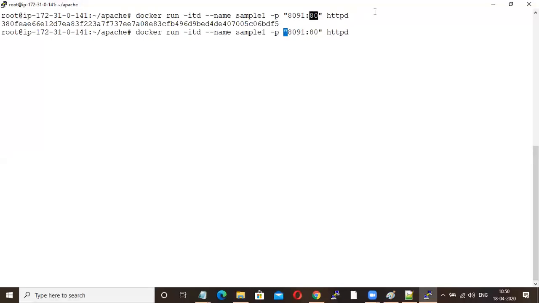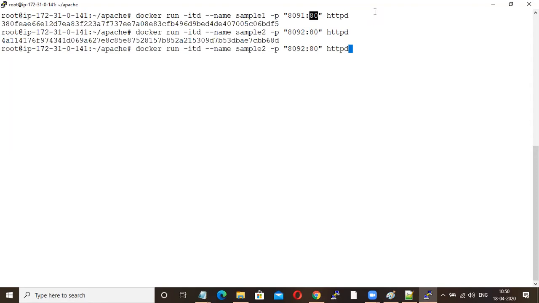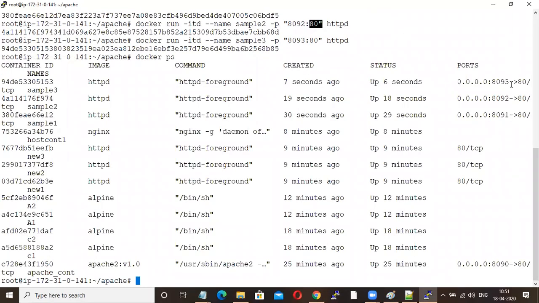Again, you are just changing your name and changing your port. You are launching another container, sample3, 9093:80, with the same 80 port. Yes, sir. Okay. See, if you give Docker PS, right? Yes. Port 8093 will be routed to 80 only.